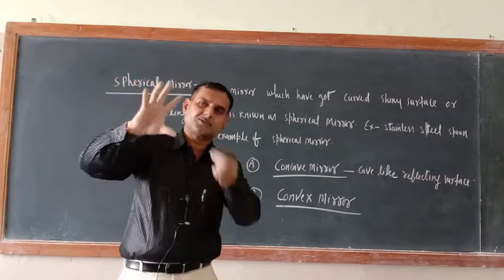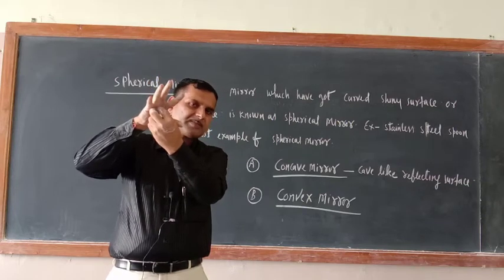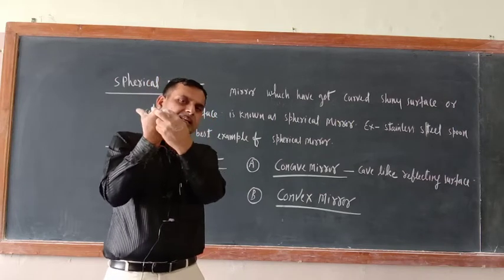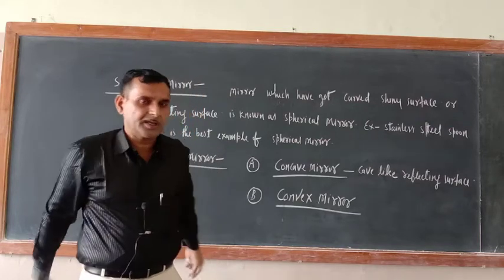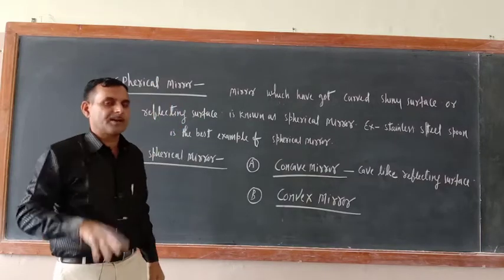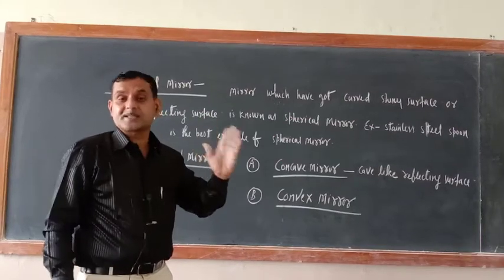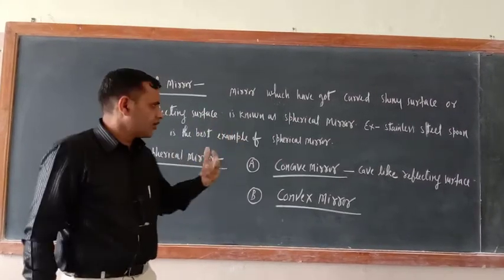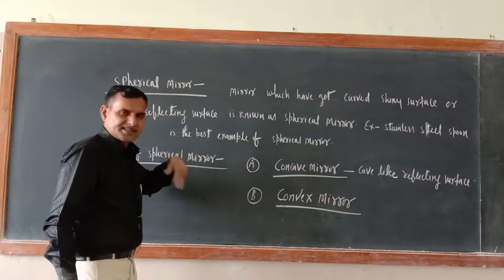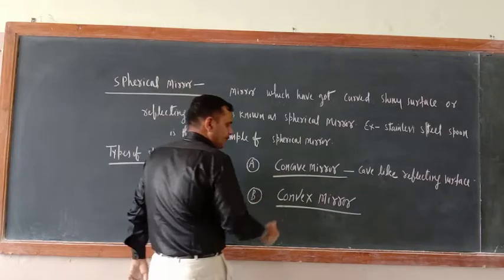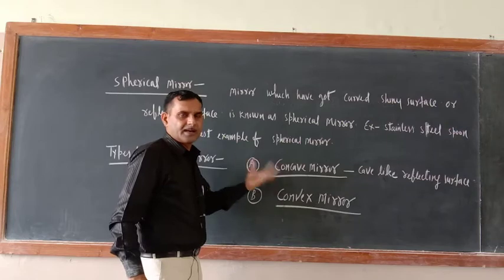Same is this part also. This structure is cave like. So here reflecting surface is cave like. And this side what is there? This is the bulging out portion, and this is also reflecting surface only. So the best example of spherical mirror you can understand with the help of rubber ball, if you divide this one into two pieces, two parts. Okay. So now I hope that you have got the spherical mirror and types. Now let us study in detail what is the concave mirror, what is the convex mirror, and what is their reflecting surface with the help of diagram. Okay.